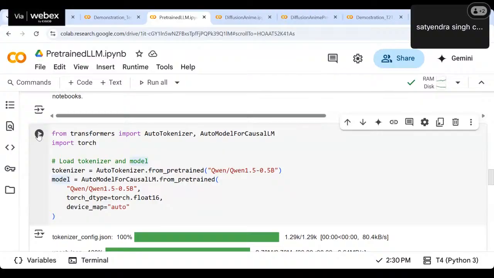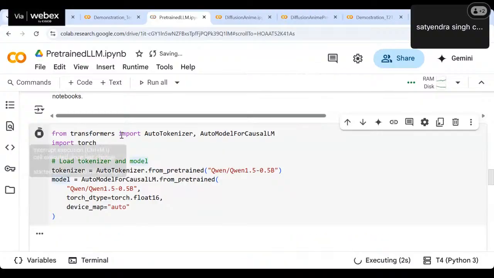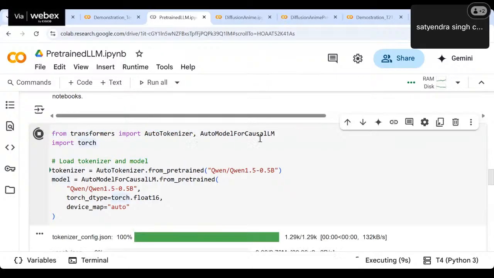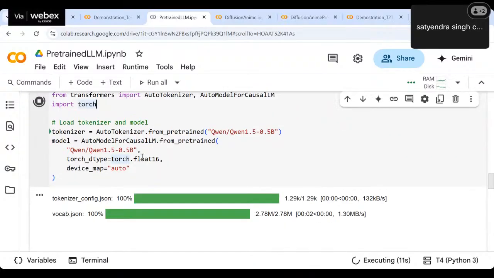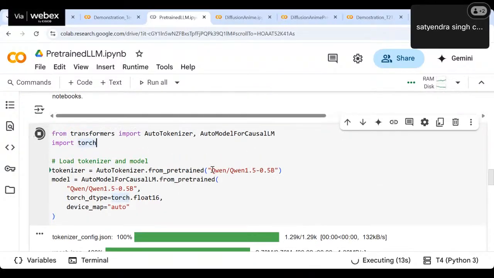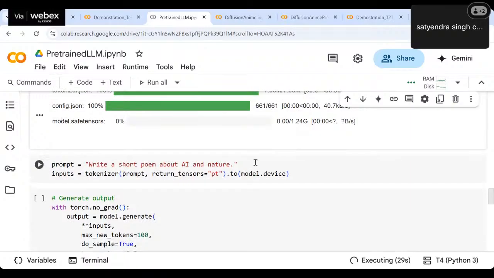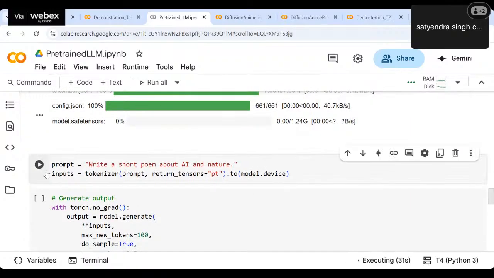The tokenizer is available in the auto tokenizer, and the models are available here. You can just change it. You can access any Llama based model as well. However, for Llama models, you might have to provide the tokens. Once it is loaded, you can just write a prompt